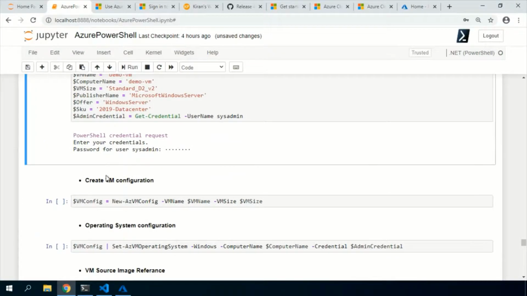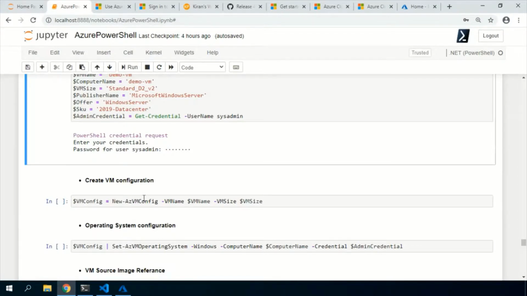The other thing you need to understand is that you can pass all the parameters with the new AZVM, which is used to create a VM. With that, you can give all the parameters you require, but it becomes messy, a very long line, and later if you want to modify something, it's really tough.